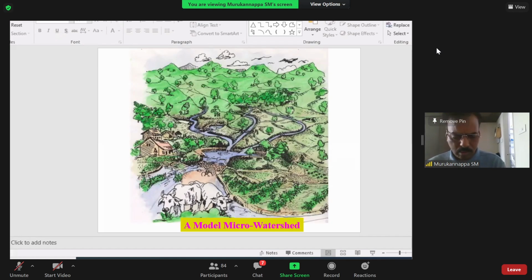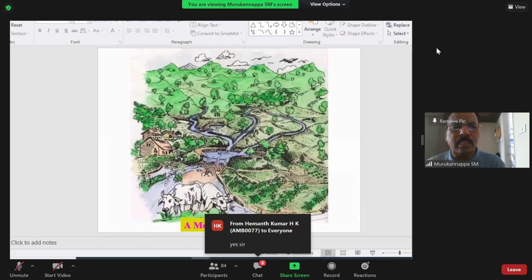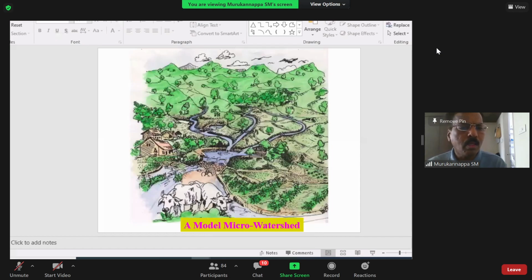Okay, is it clear? Please make a comment. Because your entire course is based on this one slide. This one slide itself can explain the entire course. The entire course is covered by this slide only. So, coming to the next, did you clear? This is most important. Yes, sir. Okay, I will explain once again.